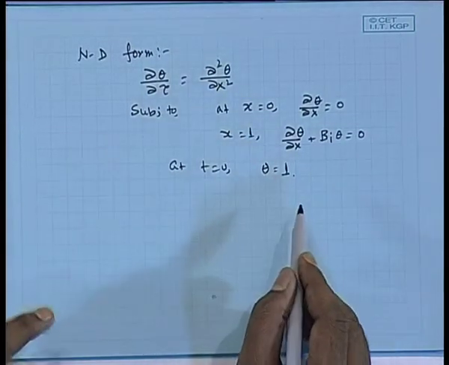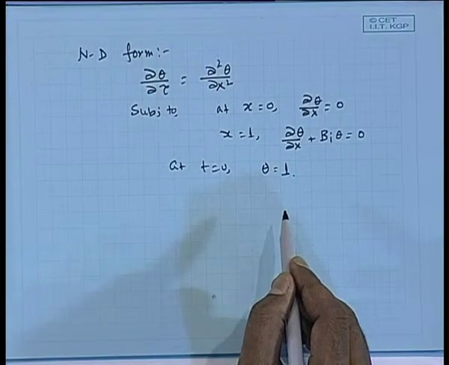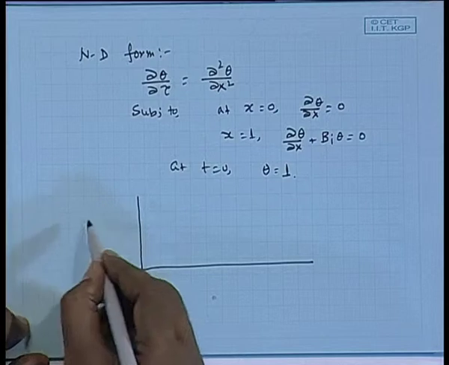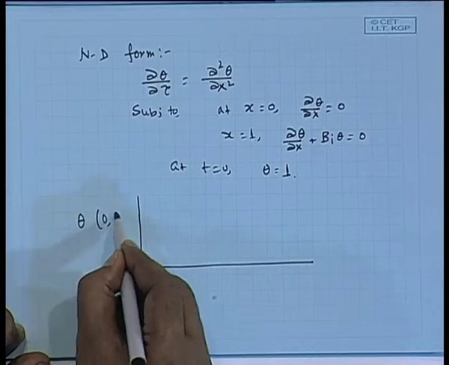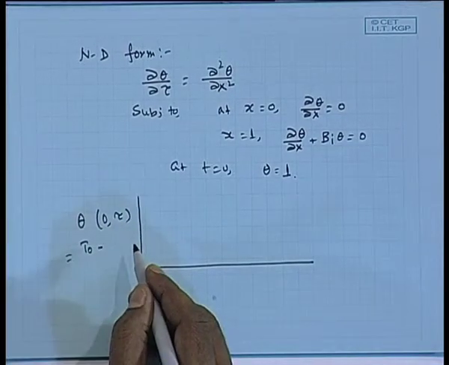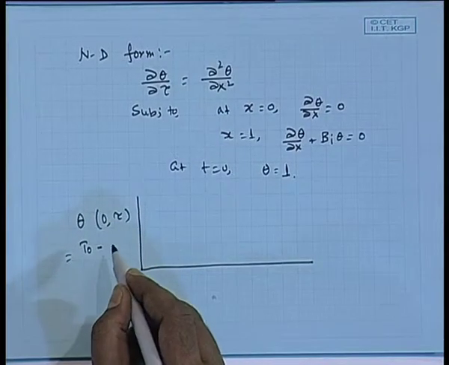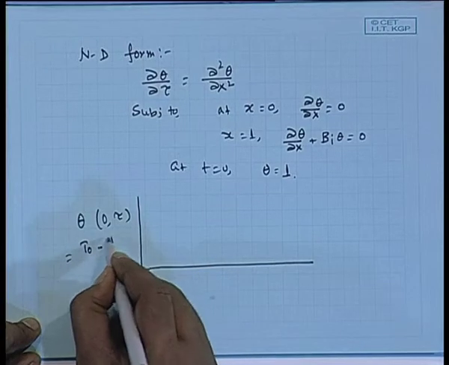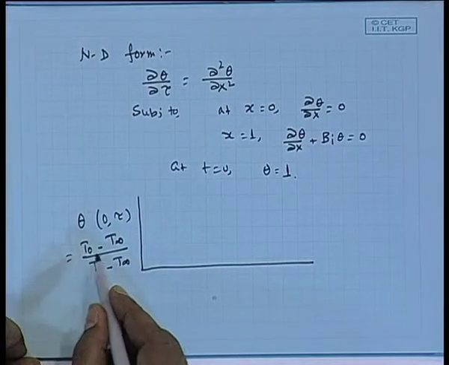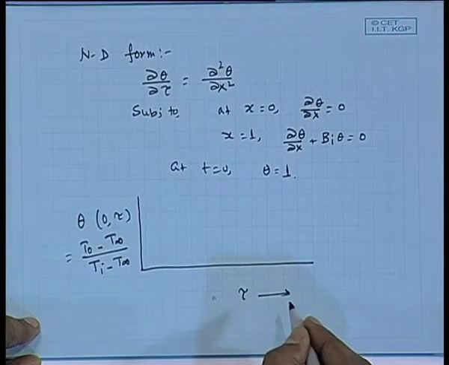Now, we know the solution because we have done the solution in analytical form, and in the Heisler charts this solution is solved analytically and given in the form of chart graphs, graphical representation. They have plotted theta 0 versus tau, that means the central line temperature, that is T 0. Central line temperature means at x equal to 0. We consider it is finite, it will have a value T 0. So, (T 0 minus T infinity) by (T i minus T infinity), where T 0 is the temperature at x equal to 0, versus tau, that is alpha t by L square.